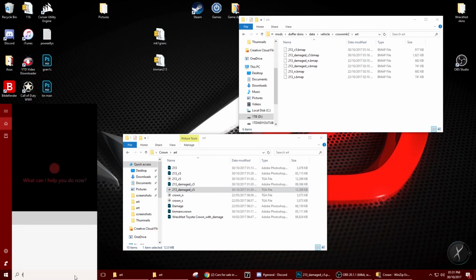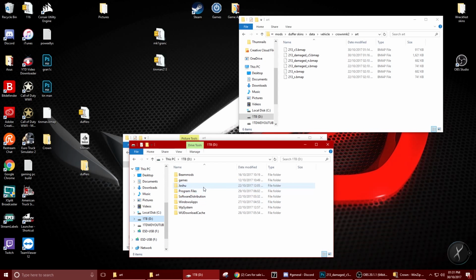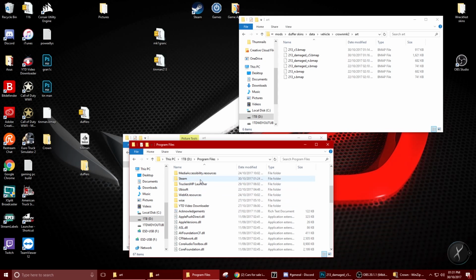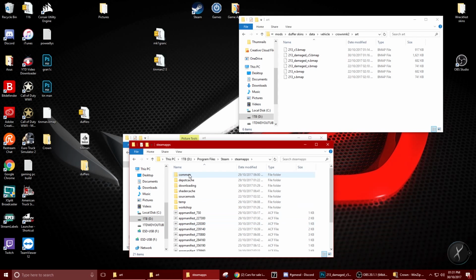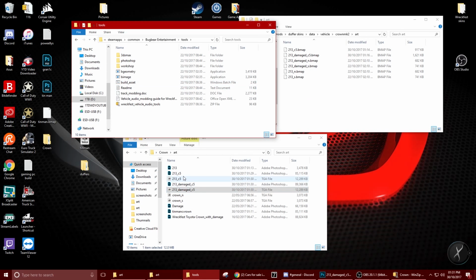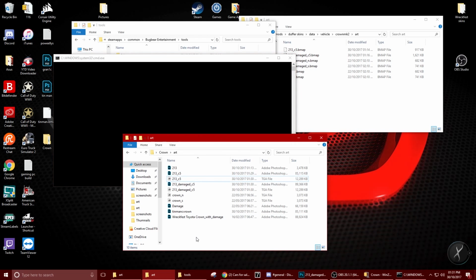And what I'm going to do, I'm just going to open up another folder and take this to terabyte, program files, Steam apps, common, Bugbear, and then tools. And I'm going to drag the 213C5 straight onto build asset, and once that's done,